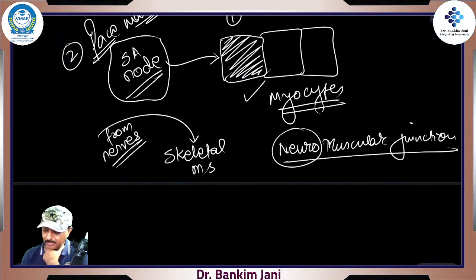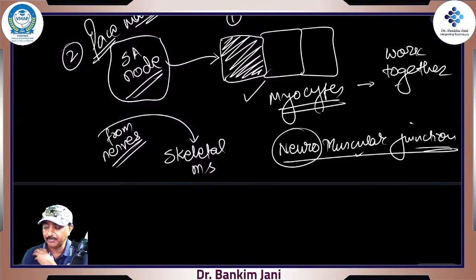So when it comes to nerves, there is a method. When it comes to muscles, there is a method. When it comes to the neuromuscular junction, something else is happening. When it comes to the pacemaker, there is a completely different mechanism. And when it comes to myocytes, their function is to work together. That's their purpose, so they work in a different style. How interesting, right? Everything is so synchronized and so properly managed.